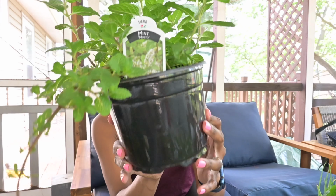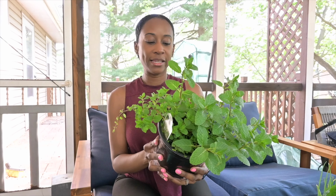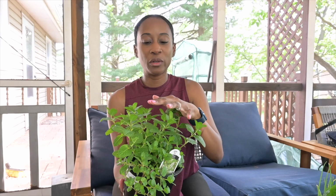So got these. The last thing that I got from Ace is this mojito mint plant. And this is a pretty nice size pot. It is 6.5 inches, $4.99, so I didn't think it was a bad deal. And you can just smell it. I love mojito mint. Now, mint plants in general, a lot of you guys may already be aware, they're very